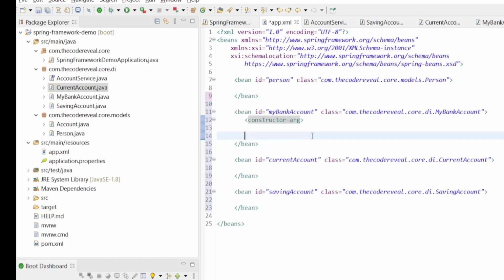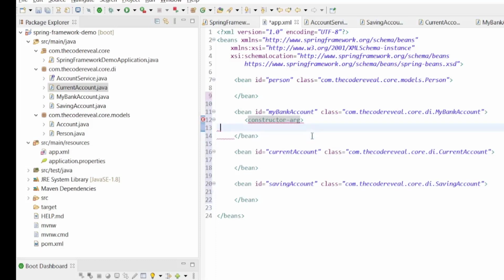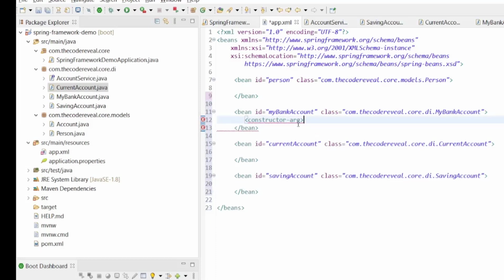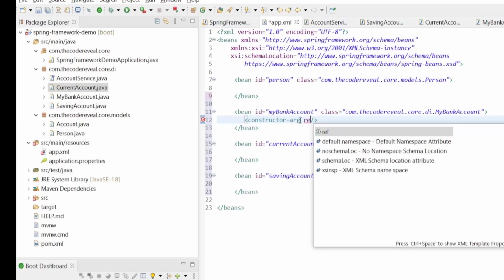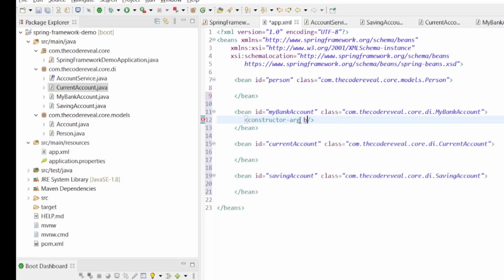So let's remove this and create it like this, and give the reference equal to current account.